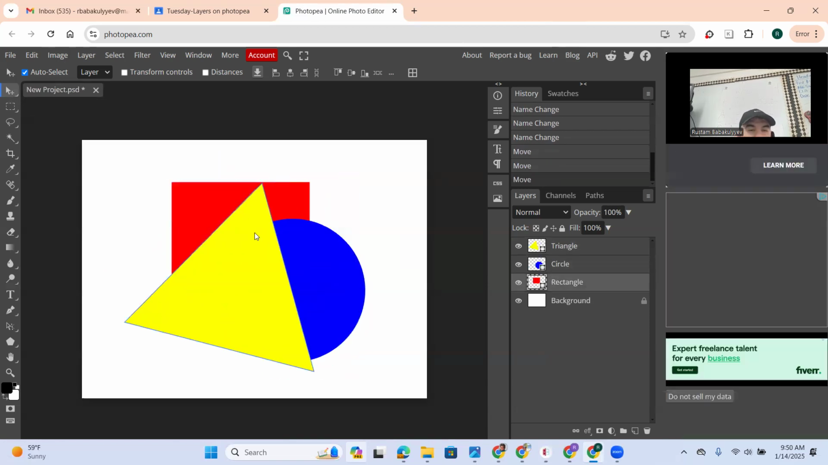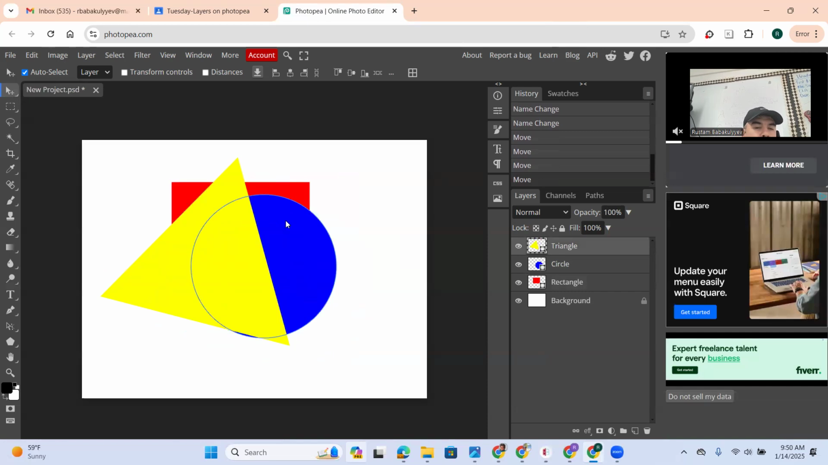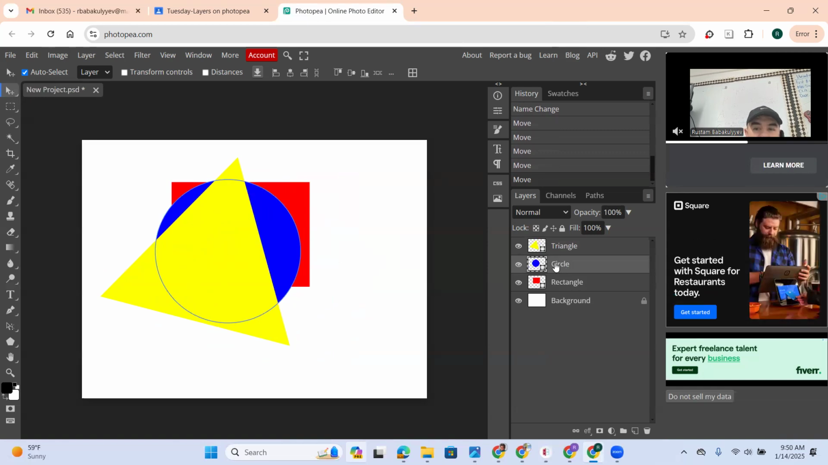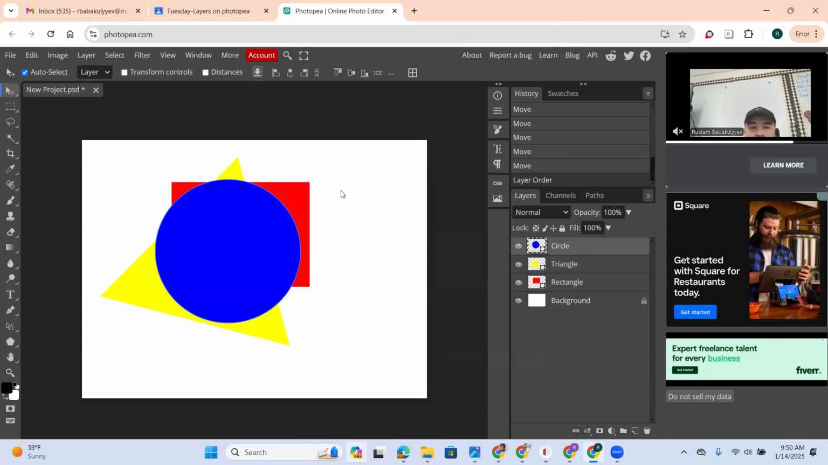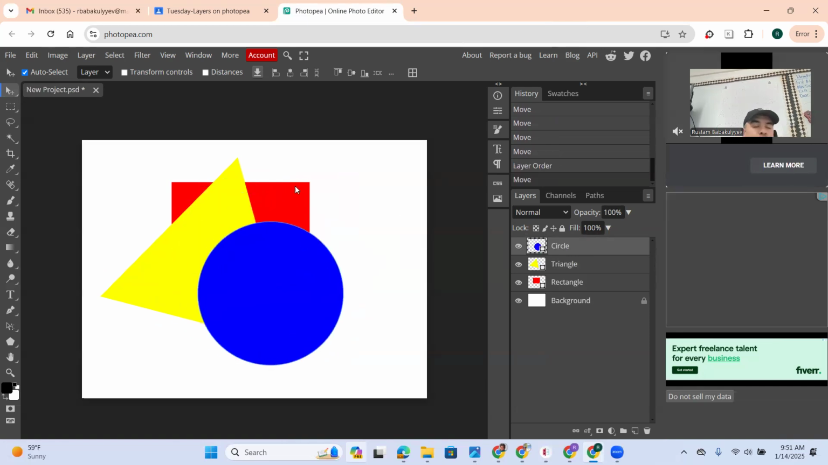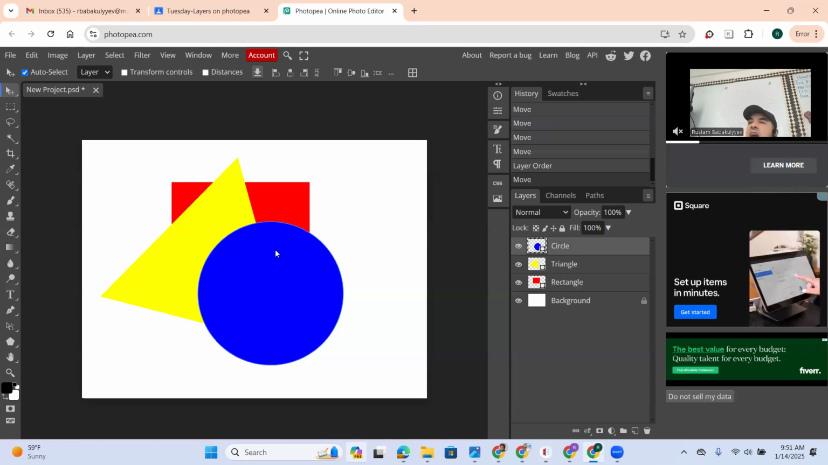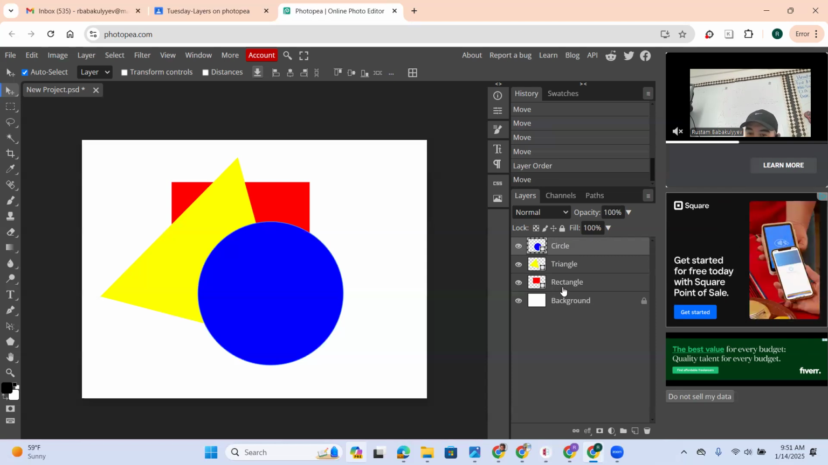So, what if I want my circle to be on top of the overlap? What do I do? You can take this circle here and then just drag it up. You see, it is going to be on top. Makes sense. What if I want my red rectangle to be on the top of the stack? What do I do? You're gonna take this rectangle here and then you put it on the top of the